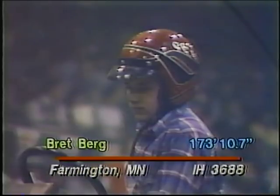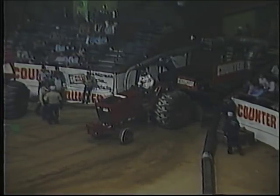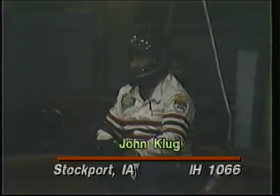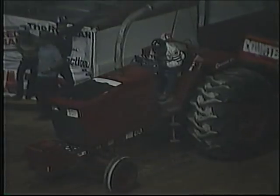And so now we'll look to Johnny Klug, who is due up. Out of Stockport, Iowa, another Case International tractor in this class that's dominated by Case International tractors. Johnny Klug is being hooked up, and he's ready to pull. And the leading distance right now by Jerry Hart